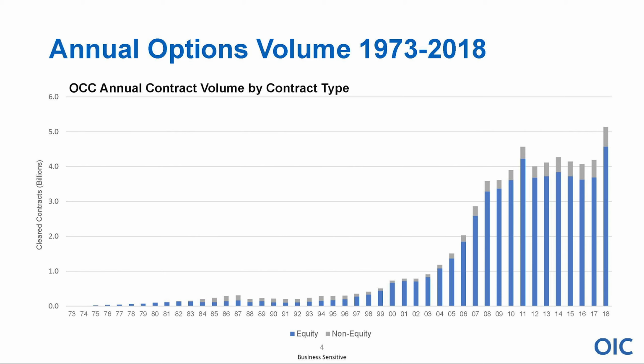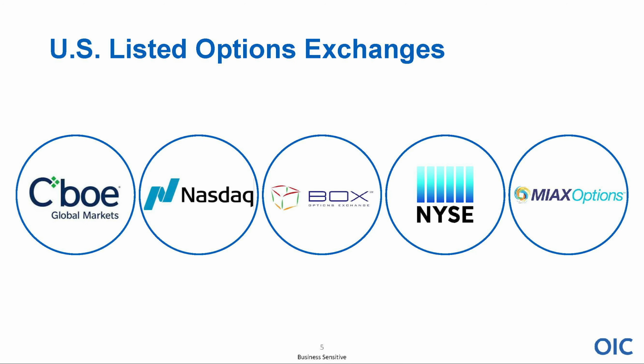2019 is not looking to be that strong, but we're still looking at right now about 19.5 million contracts on average being cleared every day. So the industry is thriving. Everybody is certainly using options in a much more extensive way than ever before. We'd like to think we're a part of that, and things are going to be looking good into the future. Here's where all the action takes place at the exchange level. This is where your orders go. When you send them through your platform, they get executed at the exchange level.